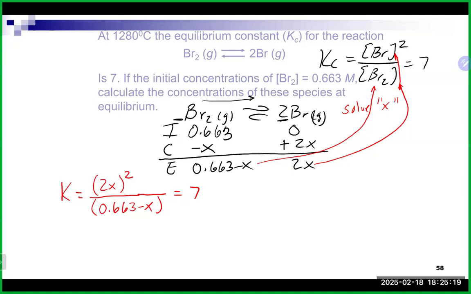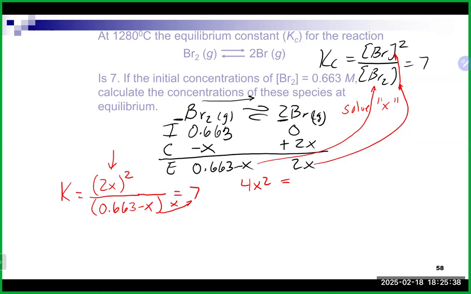To solve this, I need to do what with the thing on the bottom? I need to take it to the other side and multiply it, right? I also could square the top, so that will give me 4x squared, which is going to equal